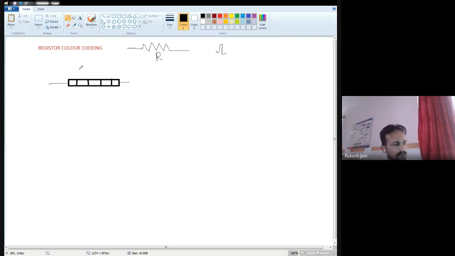There is a format so that we can easily find out the value of a resistor, and it is a standard format you can use throughout the world. First of all, just remember the format, then I will teach you how to use it. Then if we can see the colors, we will find out the value of those resistances.